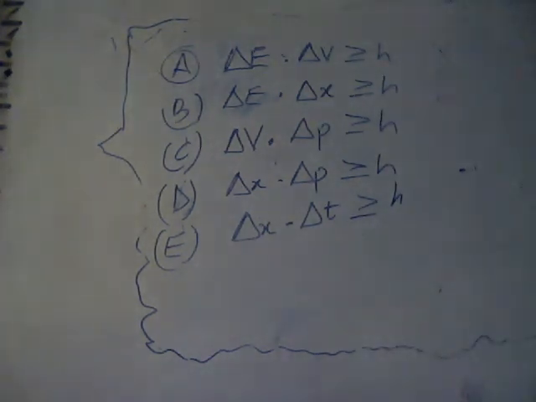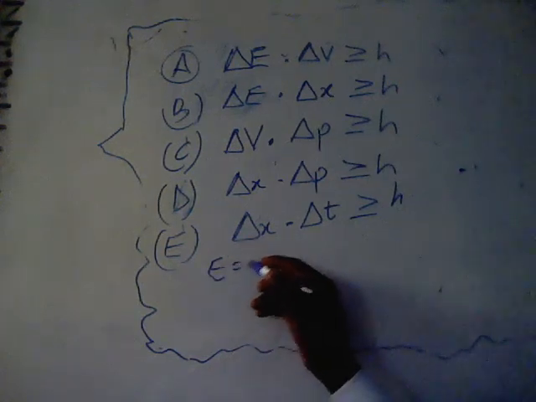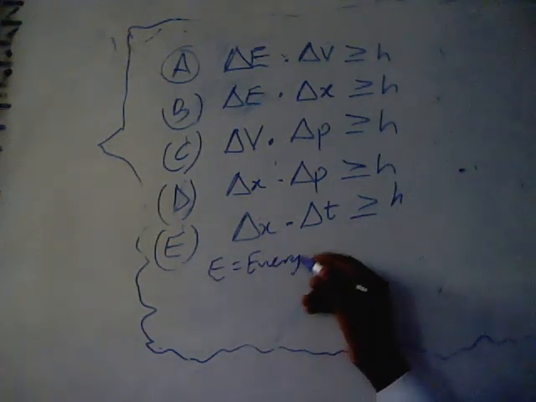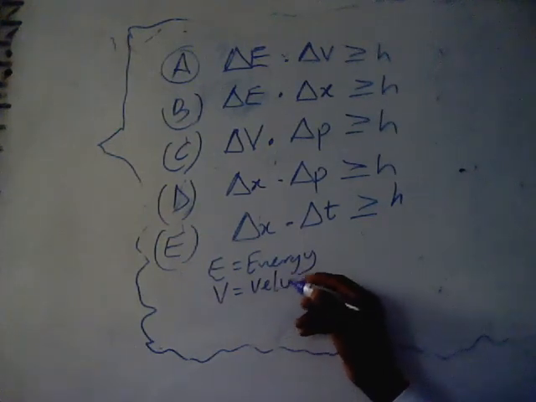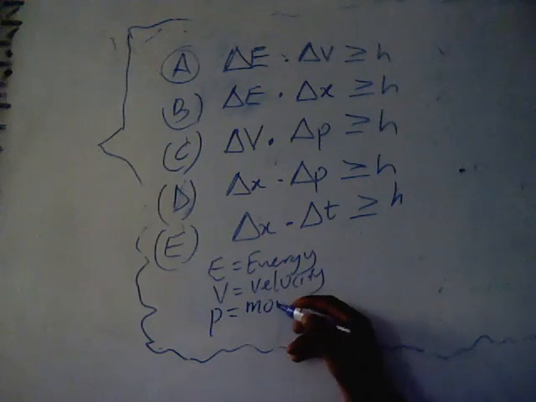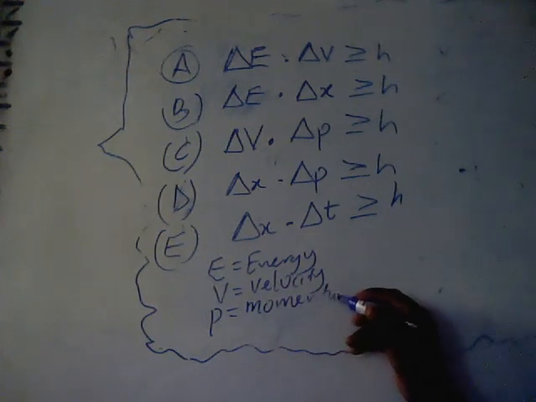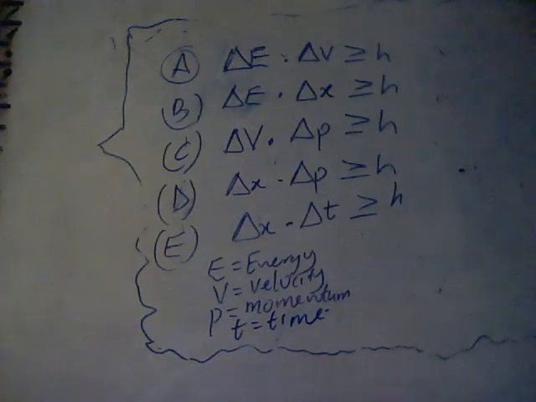So the E, let me explain. The E represents energy. The V represents velocity. The P represents momentum. Of course, the T represents time. So, and we have complementary